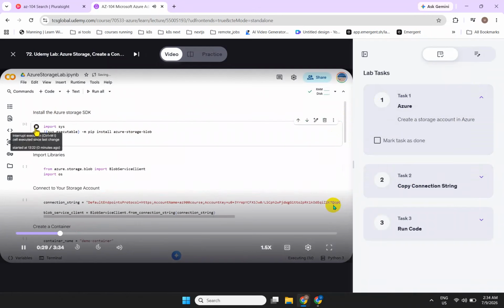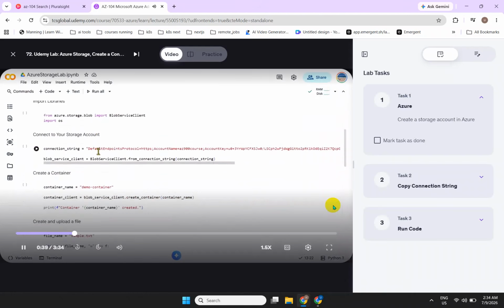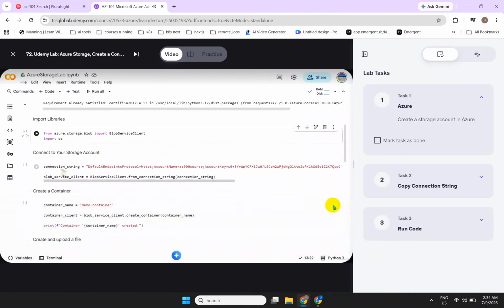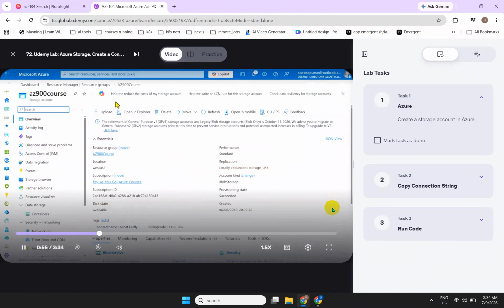If I click play here, it does a bunch of installation work. You may already have things installed, or maybe you need more stuff to be installed. Next, we're going to import that SDK into our project. Now, as far as the connection string, I have pasted a connection string here, but you're going to need your own Azure account. So if we go into the Azure portal, I have a sample account here,